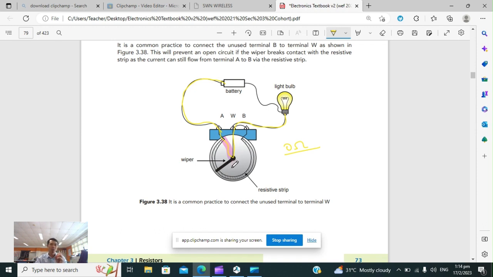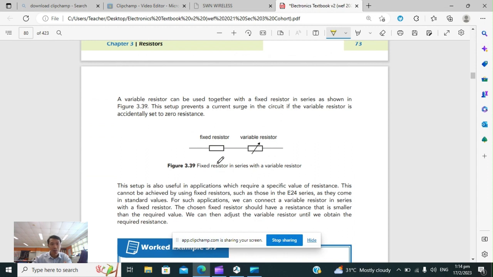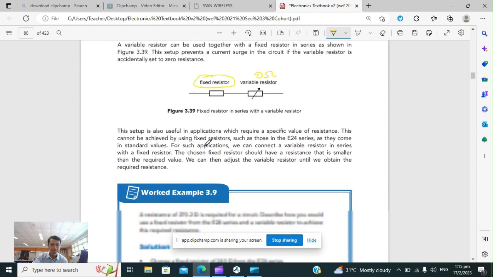And this is very dangerous because a zero resistance means that there's going to be a super high current. A super high current means potentially you might be damaging your components. So to prevent this super high current from happening, I'm going to always put a fixed resistor in series with a variable resistor, so that in a case whereby by accident you put this to be 0 ohms, at least I've got some fixed resistor in order to limit the current somewhat, so that I don't have a surge or spike in current to damage the component that I've connected this to. Okay,